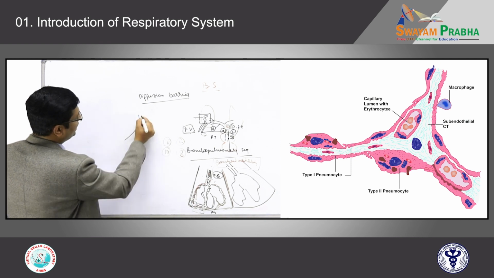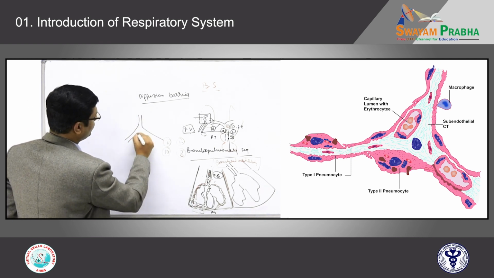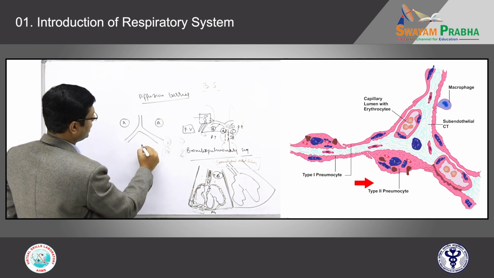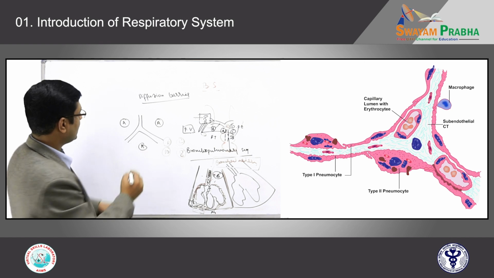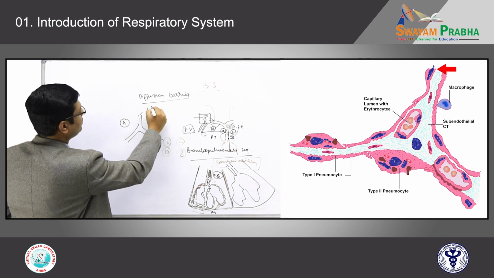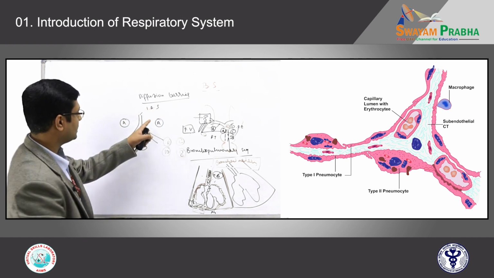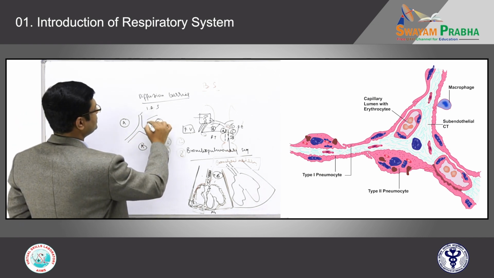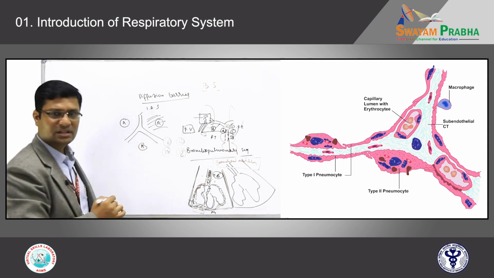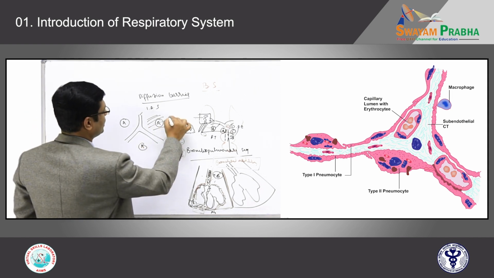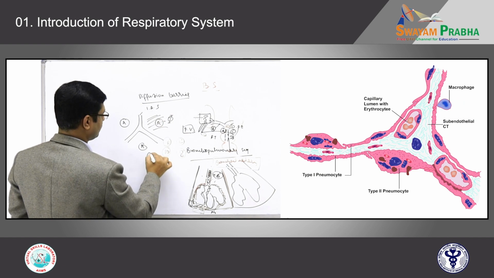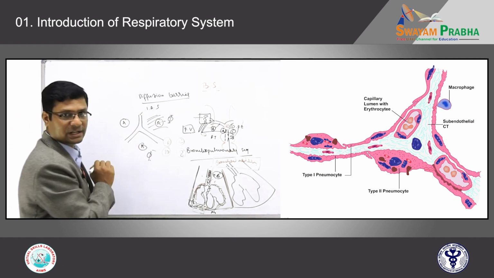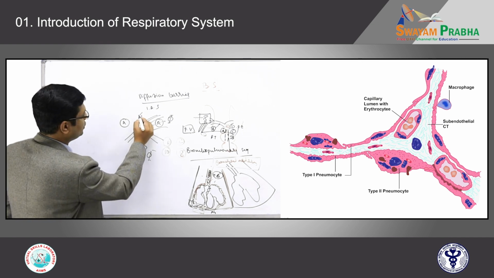There is one alveolus here, one alveolus here, one alveolus. These are the alveoli. These are alveolar lumens, and this is the interalveolar septum. This lumen is usually free. You will not see any kind of cells, or else occasionally you may see some macrophages, alveolar macrophages, in it. What exactly does the septum contain? All of you see carefully, observe carefully.